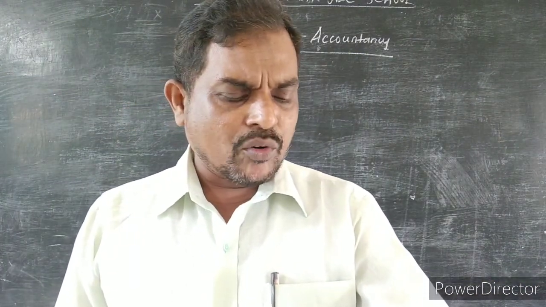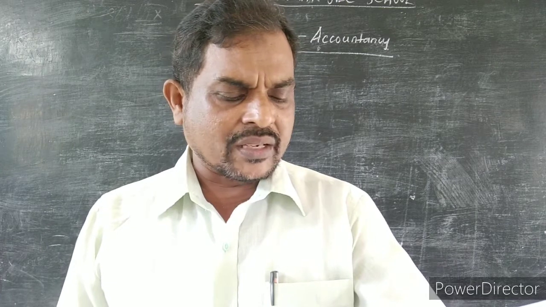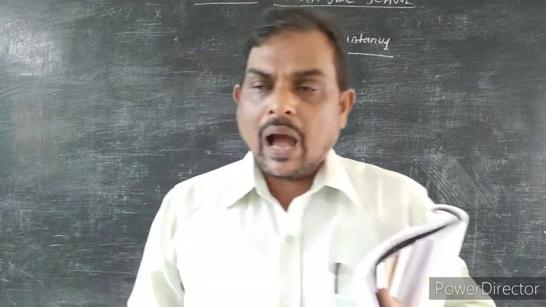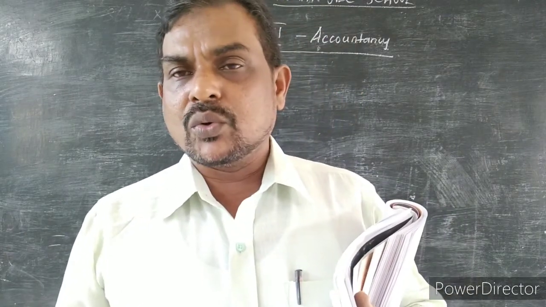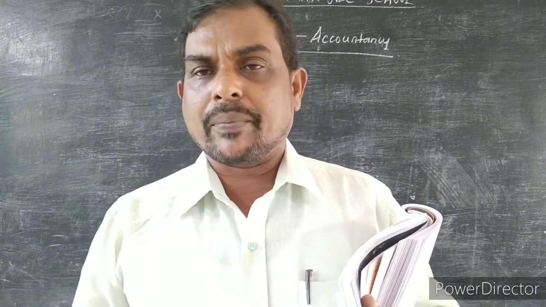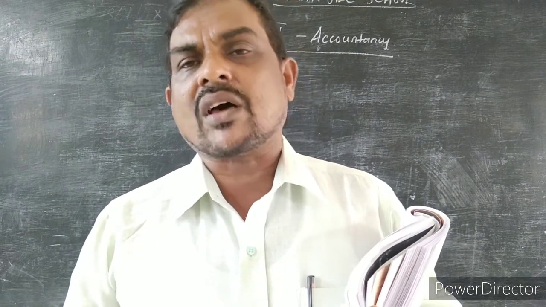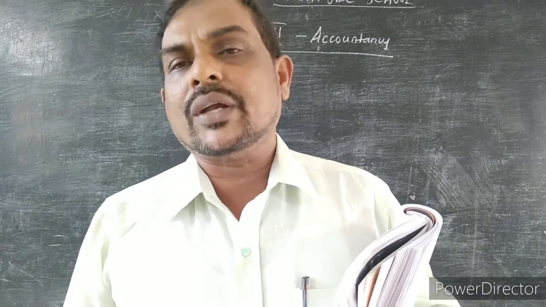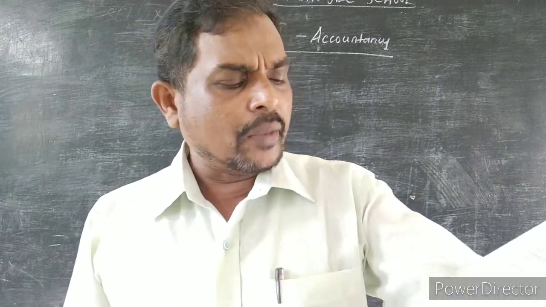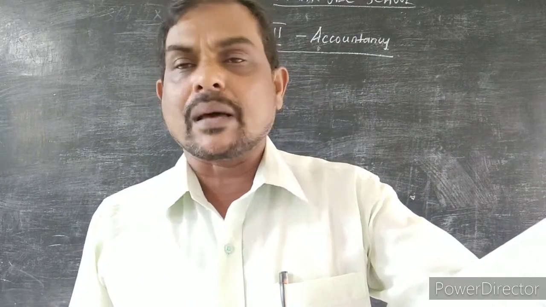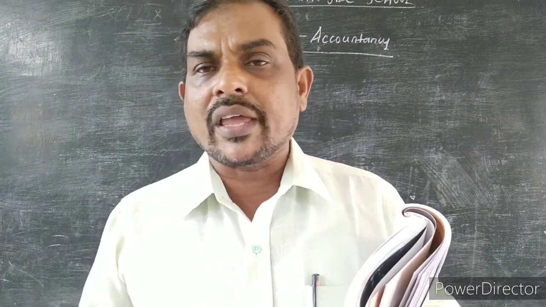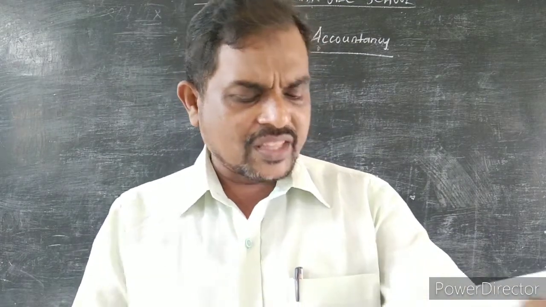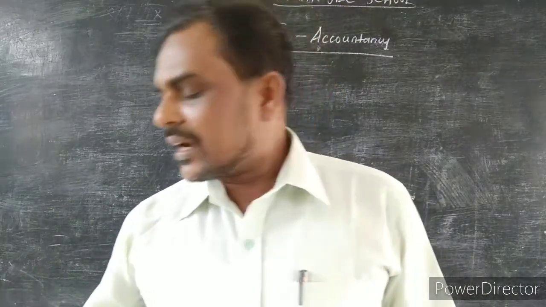Okay, Velan is your partner. He is taking some amount as drawings, rupees 20,000 on 1st April 2018. See, the amount is taken for personal use. On which date has he taken it? 1st April. So usually interest on drawings or interest on capital will be calculated till the end of the accounting period. Here, what is the accounting period ending? 31st December 2018. From the date of drawings to 31st December we have to calculate the interest on drawings. Okay, this is called what? This is called the direct method.